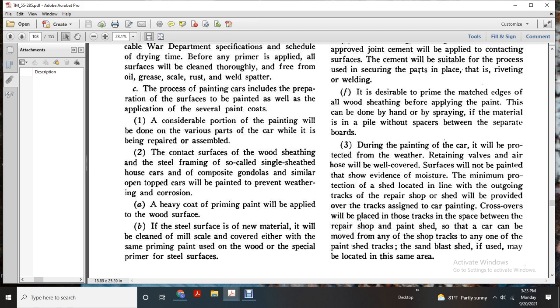3. During the painting of the car, it will be protected from the weather. The retaining valve and air hose will be covered, and the surface will not be painted if it shows evidence of moisture. A minimum protection shed will be located in line with the outgoing track of the repair shop, and the shed will provide over the tracks a sign with the color